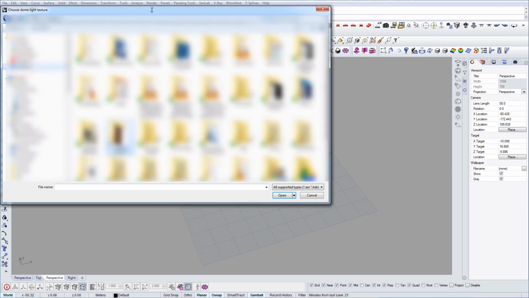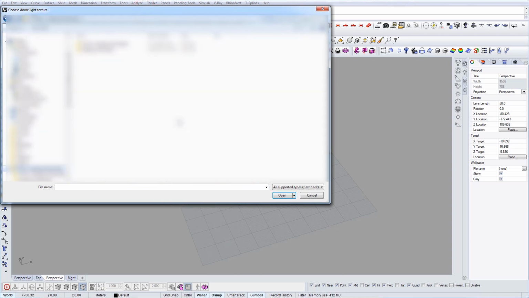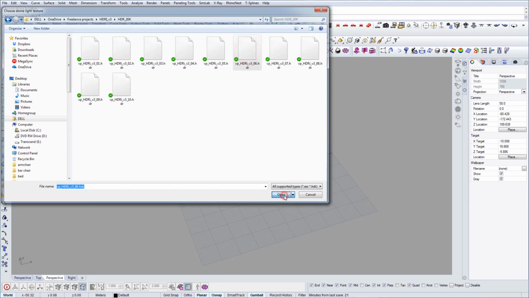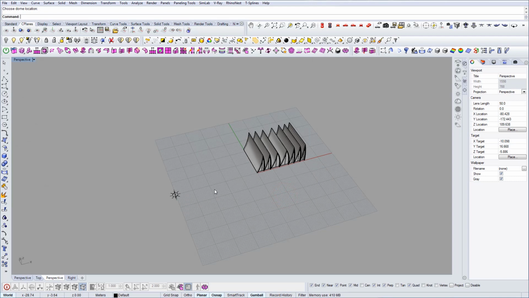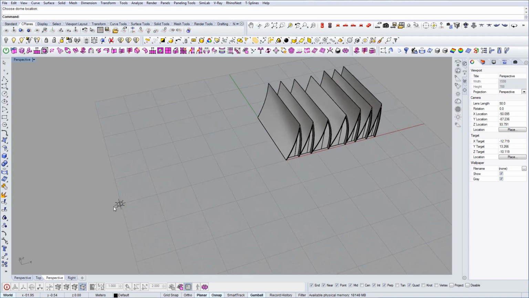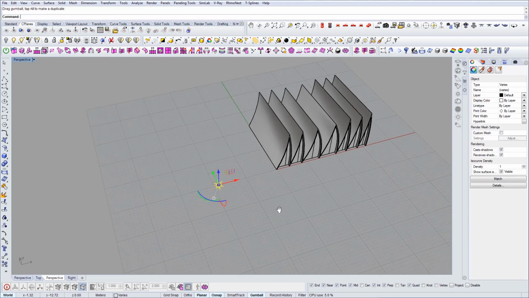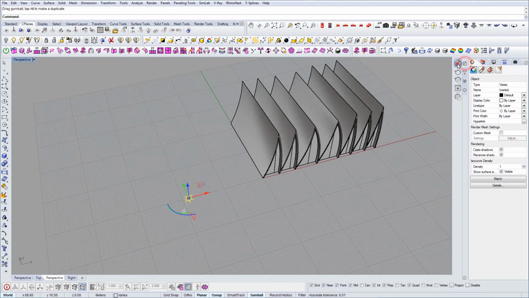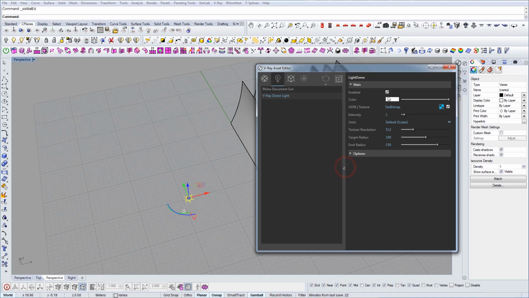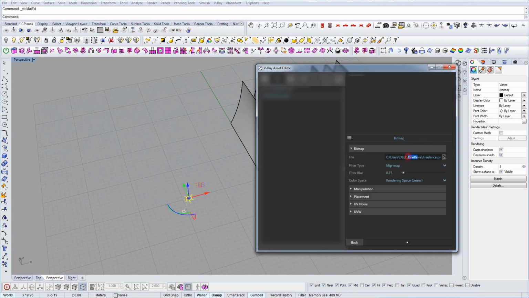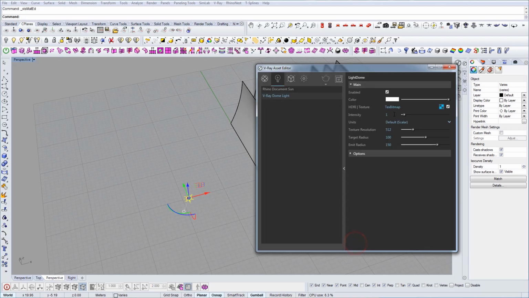So now I'm going to find my EXR image, and I'm gonna place this image here into the viewport. So now this is my dome light. You can actually see it here. This is the path for my lighting. So the next thing would be to actually